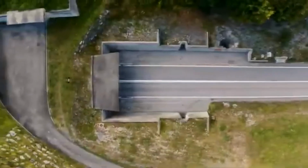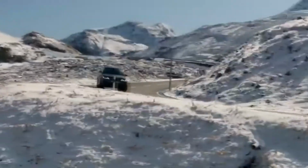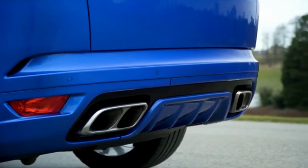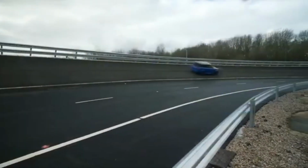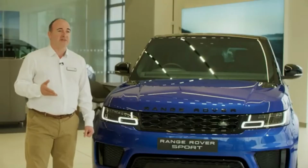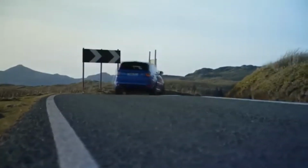Topping the range is the SVR, comprehensively redesigned by ex-Formula One engineers. As well as a power boost to the engine, the brakes, gearbox and suspension are retooled for extra stress. The titanium exhaust reduces weight, and the body is designed for enhanced aerodynamics to give incredible stability at high speeds. Inside, the Range Rover Sport seats offer increased side support, and the active exhaust system provides a rousing soundtrack to complement an incredible driving